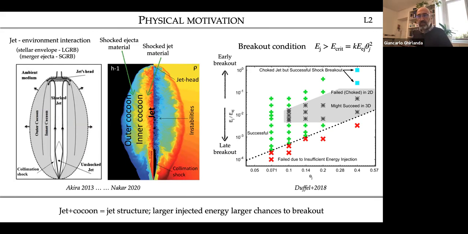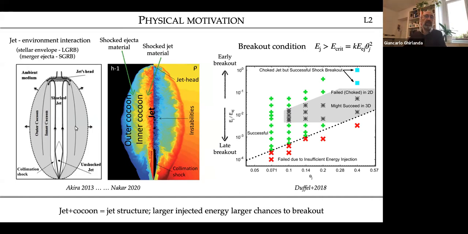So the word medium I'm using now is different from the external medium I discussed yesterday. That's the, let's say, interstellar material at large distances. Now I'm talking about material located within, let's say, for a long GRB, within 10^11 centimeters from the central engine, or similar distances, 10^12 centimeters for the merger of two compact objects. So the principle is that